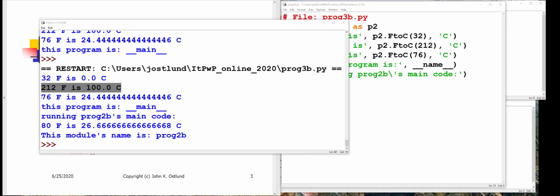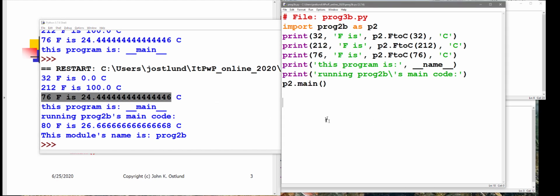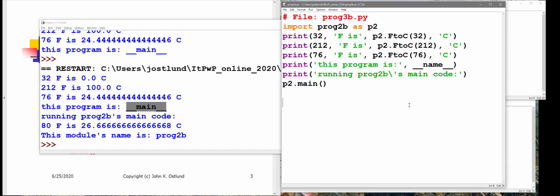And 76 Fahrenheit is 24.444, etc. Celsius. We then get to this print statement. And because prog3 is the current main module, the value of dunder name is dunder main. Now we print a message saying, okay, we're going to run prog2b's main code, and we now invoke p2.main, and